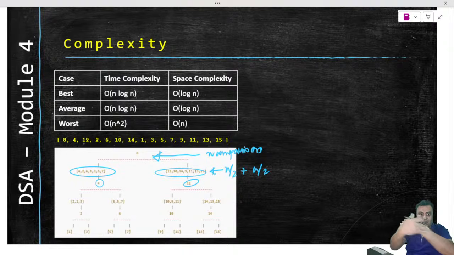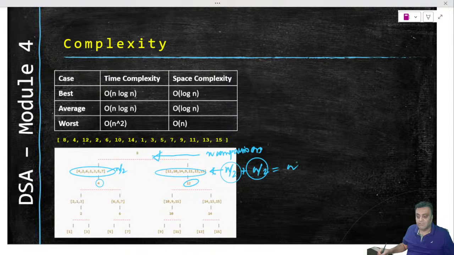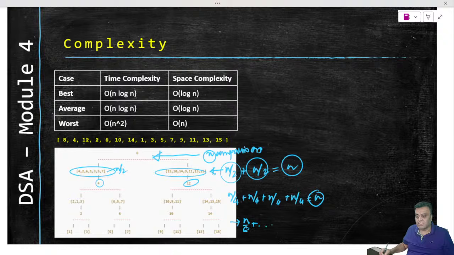So n of that array will be the number of worst case comparisons that you will be doing. Here n has become n by 2. So here n by 2 plus n by 2 comparisons, which effectively means n comparisons. So here we are doing n by 4 plus n by 4 plus n by 4 plus n by 4 comparisons, which means again here also we are doing n comparisons, right? So net here also n by 8 plus n by 8, we will get n comparisons. So each level we are doing n comparisons in order to find out the pivot position.